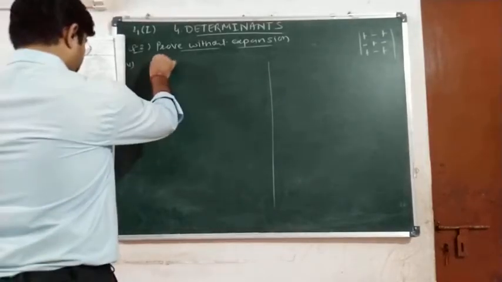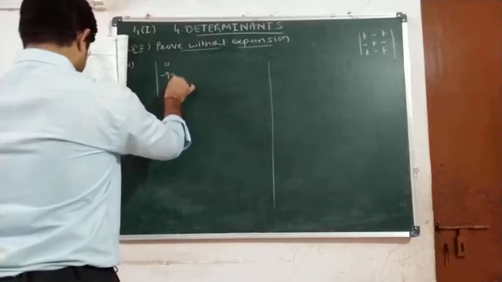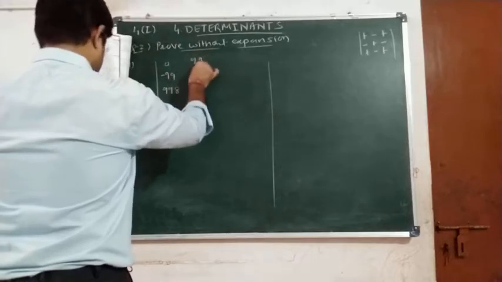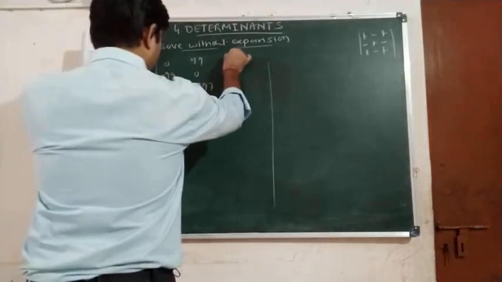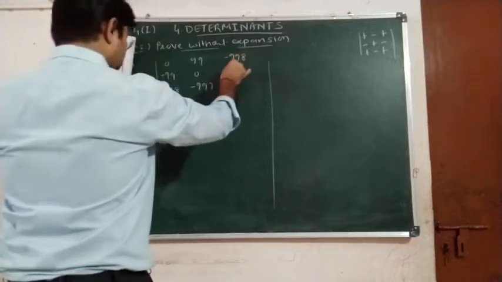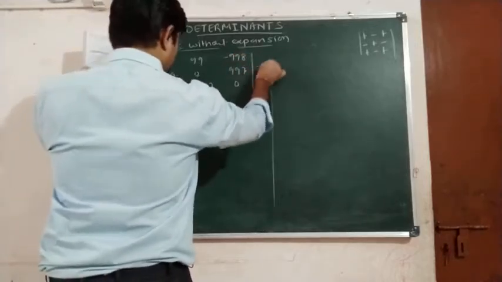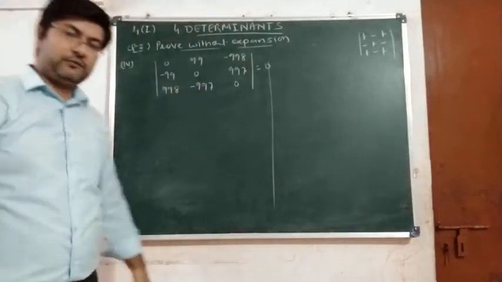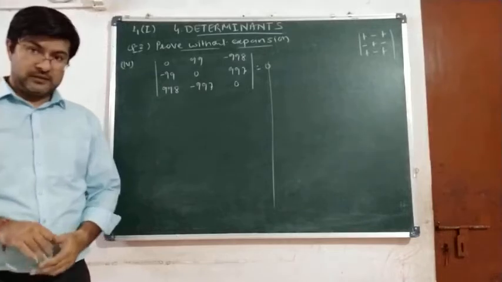Okay, now fourth question is 0, minus 99, 998, 99, 0, minus 997, minus 998, 997 and 0. Okay, if you recall the explanatory part,